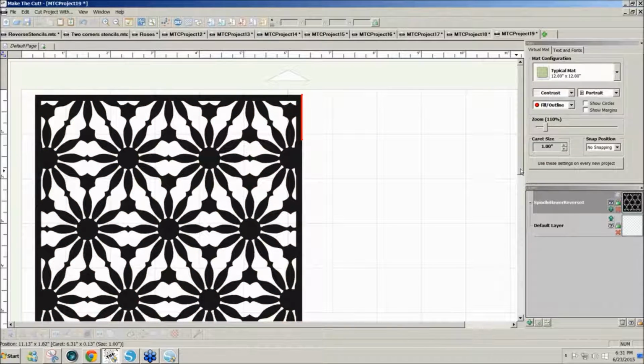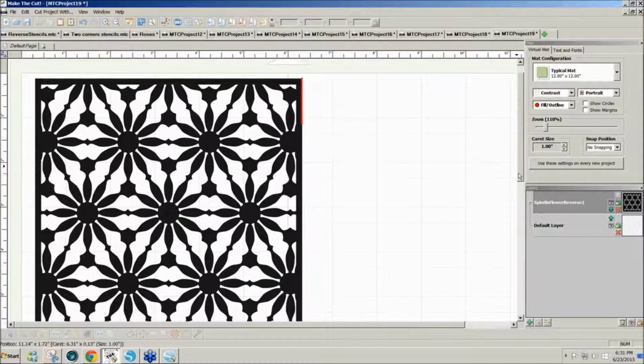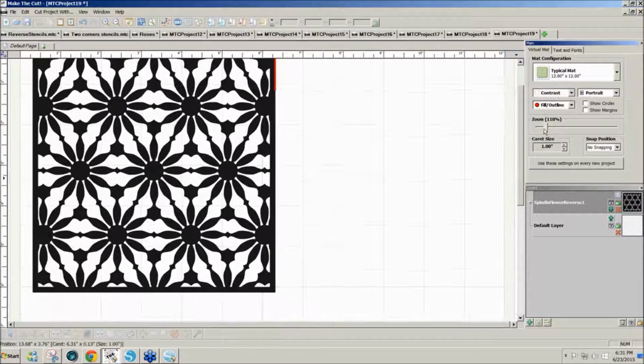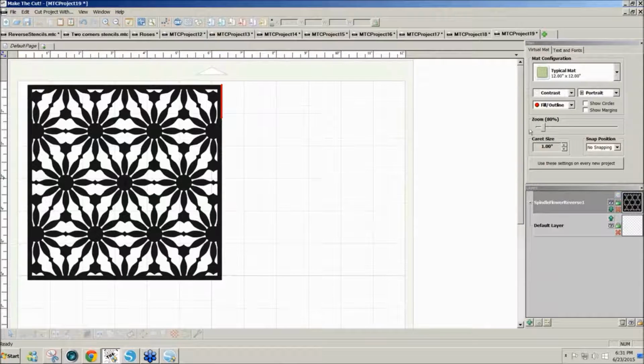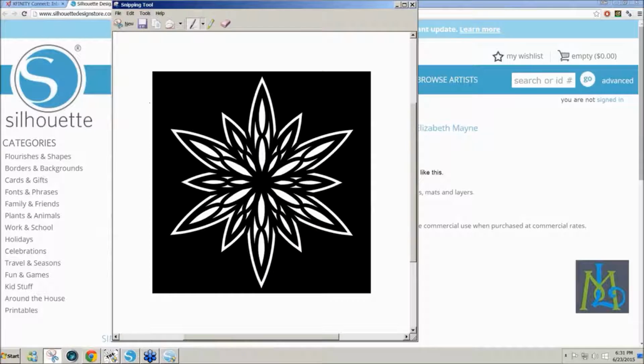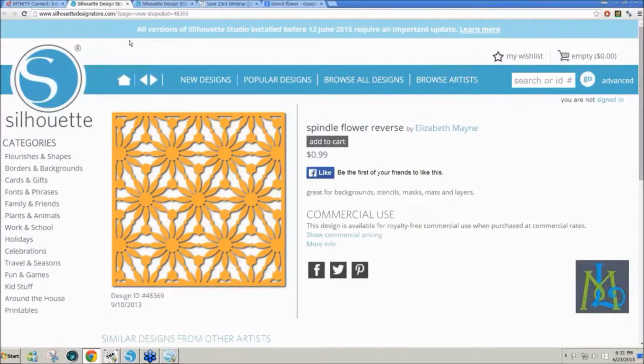in all its glory. Now if you don't have the Designer Edition, they tell us that if you purchase the Designer Edition today, it won't work with the older software versions. So you would have had to have purchased that before. So if you never purchased it before, you can always just go to the store after you purchase it and fill it with color. Click on your Windows snipping tool